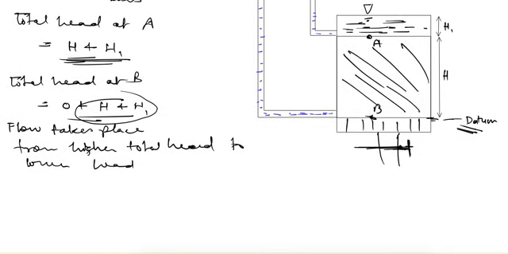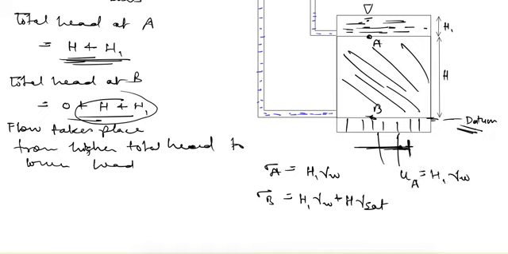Now let's see the stresses in this case. The total stress at A is equal to, only water is there above A, so only the stress due to water will come, that is H1 gamma W. And similarly total stress at B is equal to H1 gamma W plus H times gamma saturated. And the pore water pressure at A is H1 gamma W, and at B it is equal to H1 plus H times gamma W.